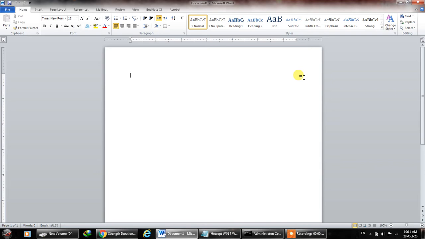This is basically Microsoft Word 2010. The functions and the features that we are going to discuss are available in almost all the versions. Microsoft Word is used to process applications, to make documents and to format documents. Everything that can be written is processed in Microsoft Word. There are so many styles, so many things, so many settings that you have to understand.